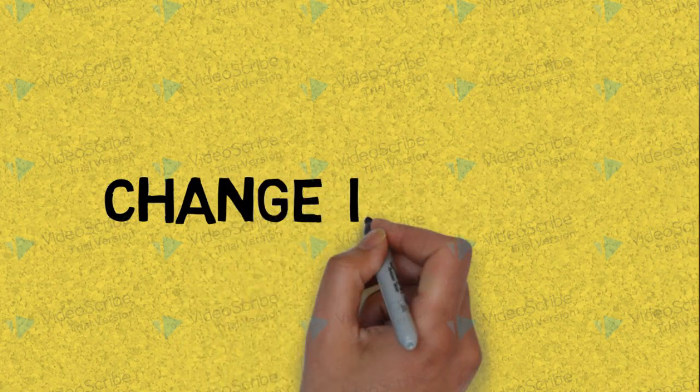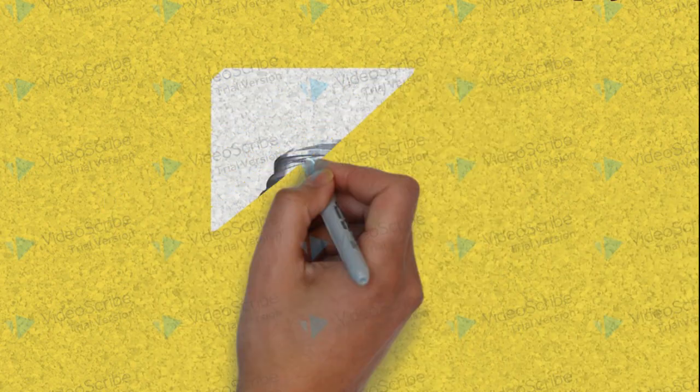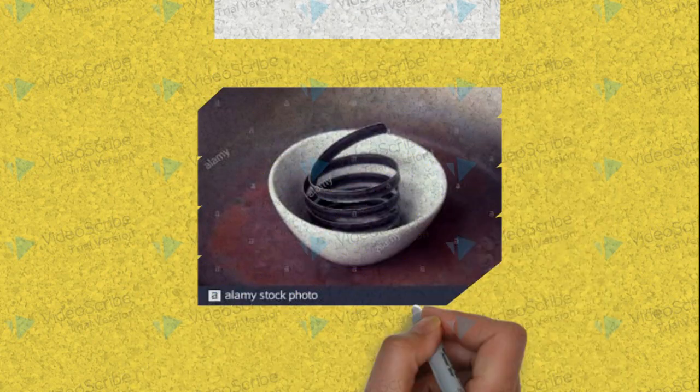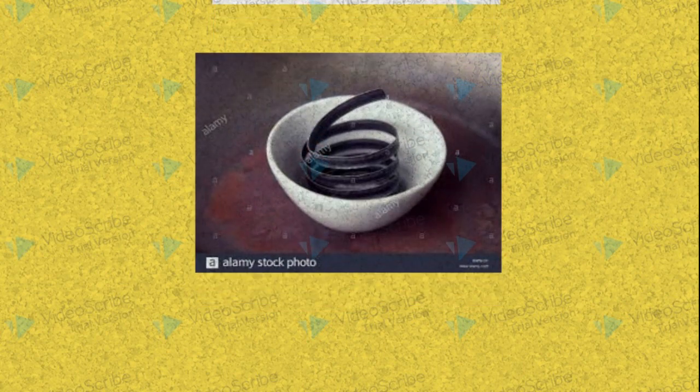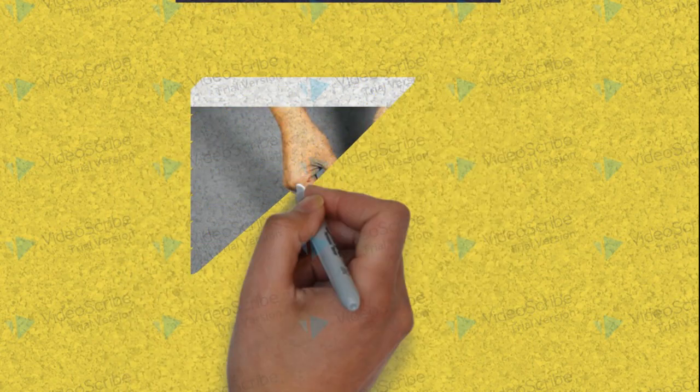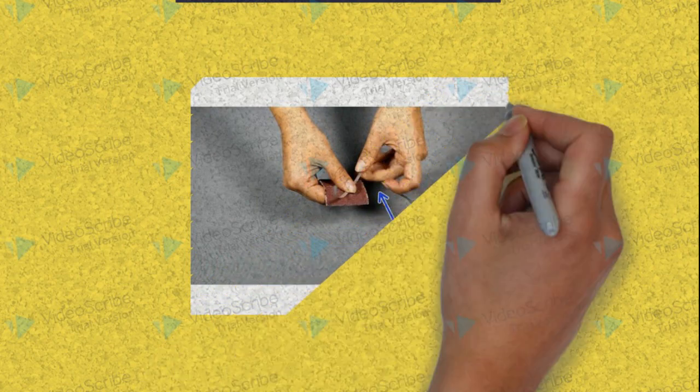Second is change in state. Take a magnesium ribbon. It is basically a ribbon made up of metal magnesium. When it is exposed to air, a layer of oxide develops on this ribbon. We cannot burn it in this way. We have to remove this oxide layer first. And in order to remove this oxide layer, we rub it with the help of sandpaper. Sandpaper is used to clean the magnesium ribbon so that it can be burned easily.